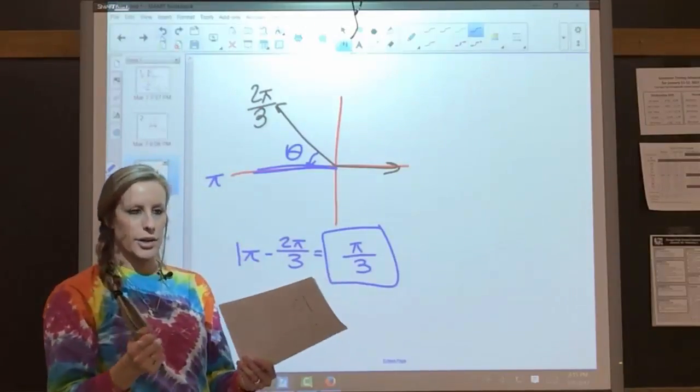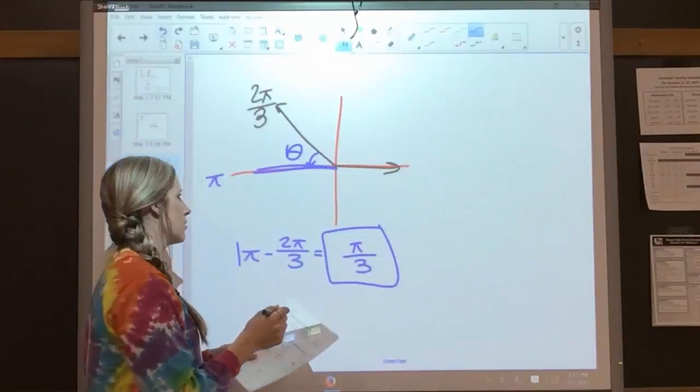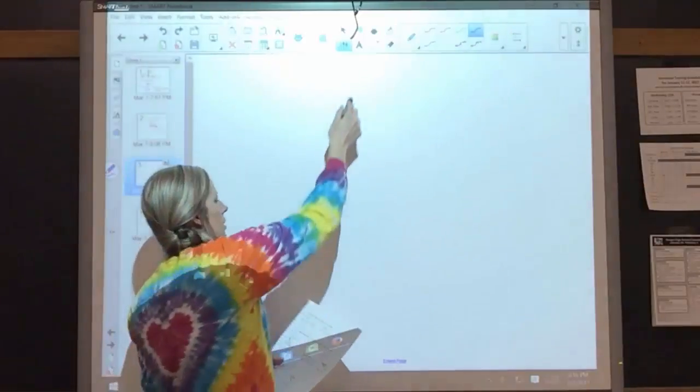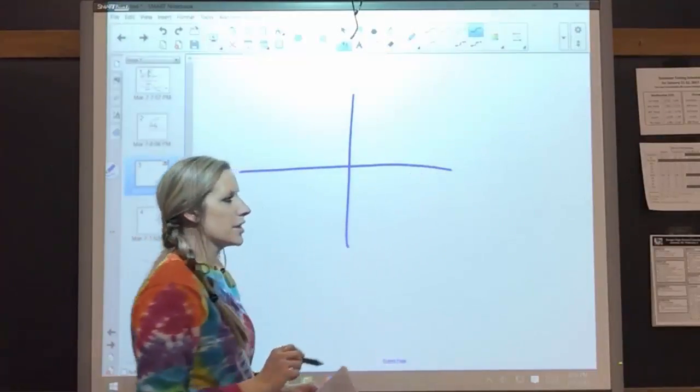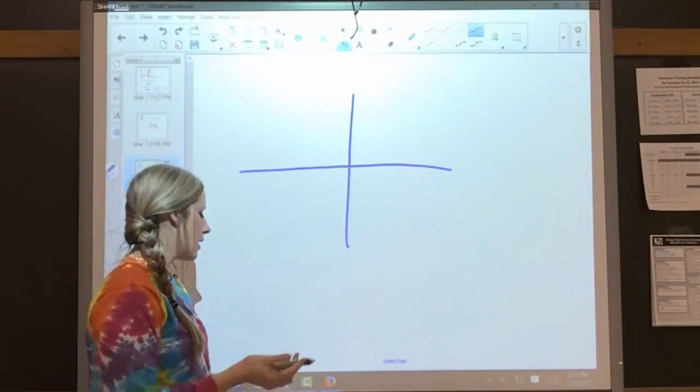Okay, so let's try another one. The next one is 4 pi over 3. Okay, so 4 pi over 3, like I said, I don't know how y'all want to do it. There's a lot